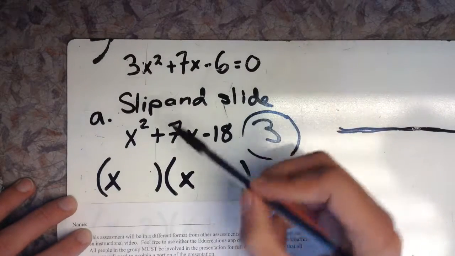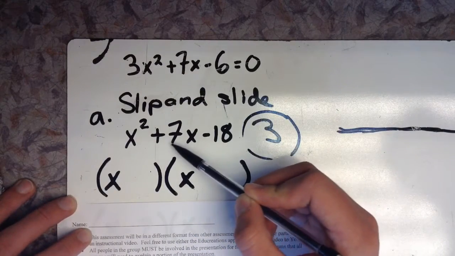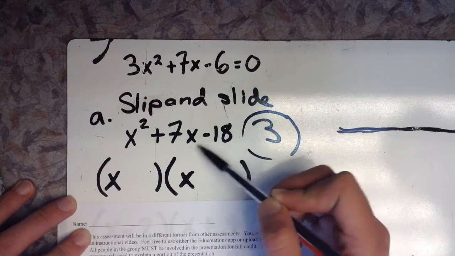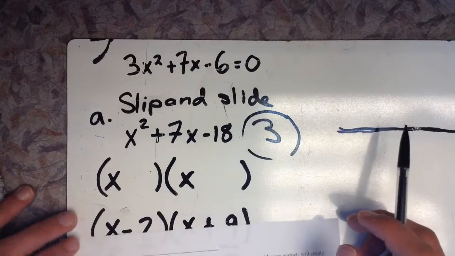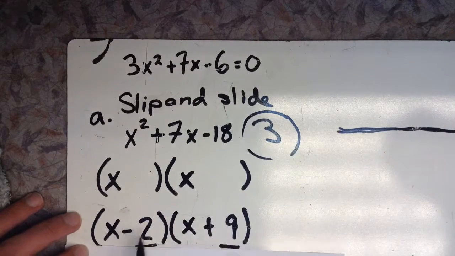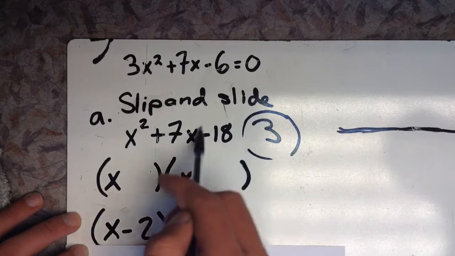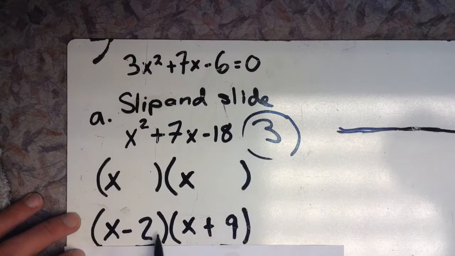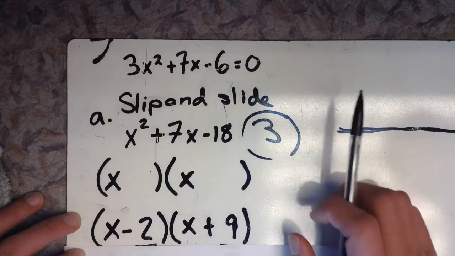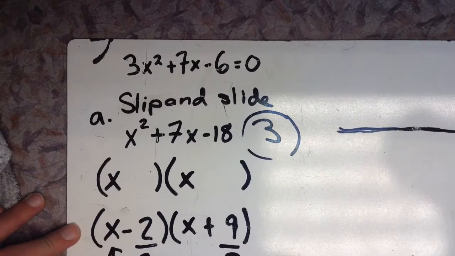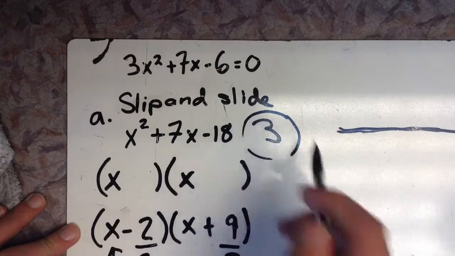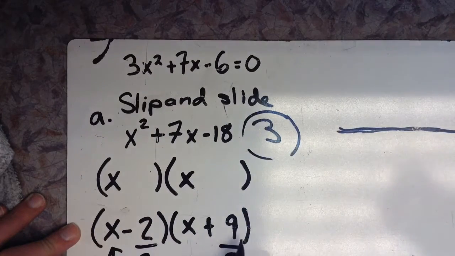And so we know that 6 and 3 is 18, and 2 and 9 is 18. So we're going to use 2 and 9 because those will combine to make 7. So negative 2 and positive 9 because there are 18s and negative here. So x subtract 2 and x plus 9 is our second step, or third, I don't know. And so then what we do after that is we divide them by a, the number we have to remember. And so this one will,